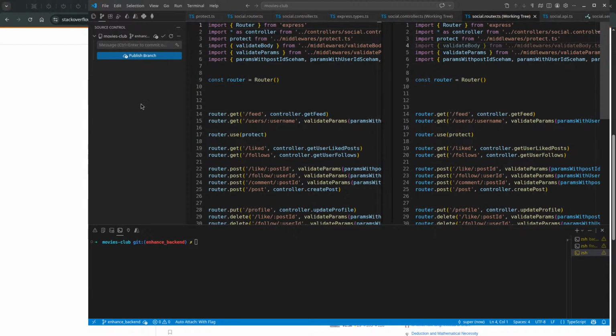Commit and publish branch. Let's publish the branch.